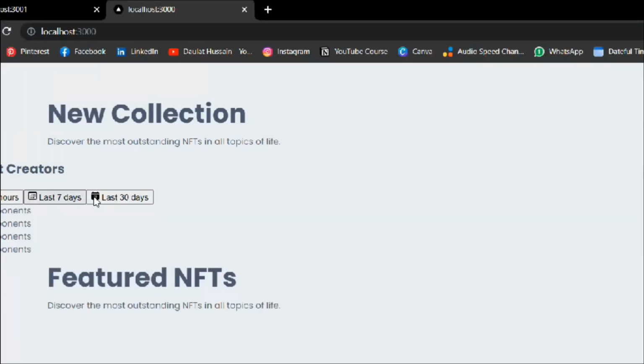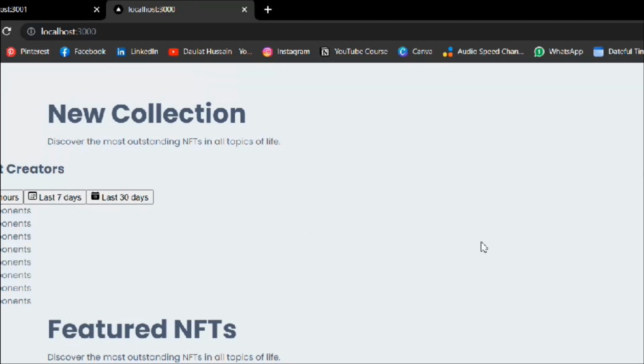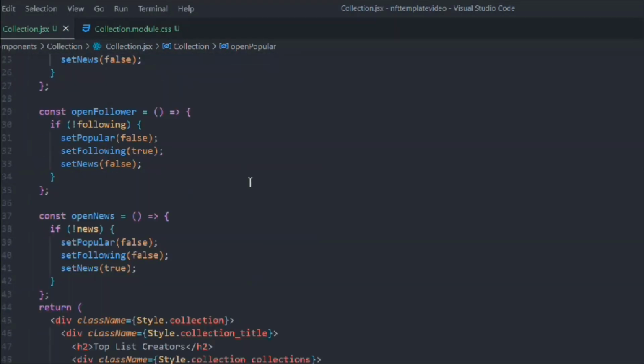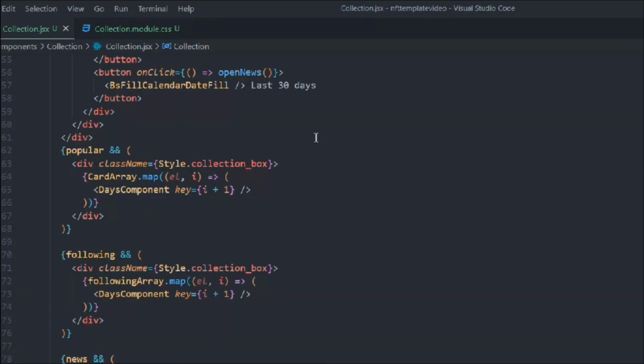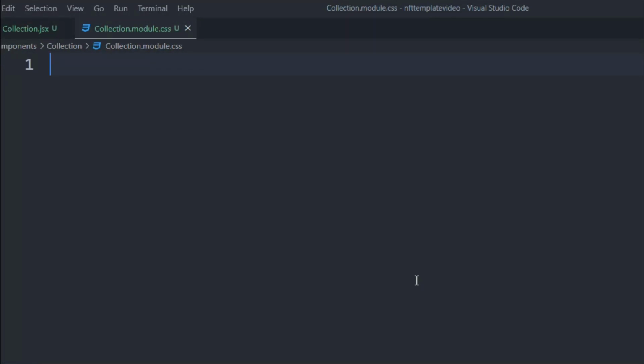Now we can come here and check. You can see this, everything's looking fine, everything's working fine, our tabs. So with this we are done with this entire collection component. Okay, everything's looking good. Now let's come back to the CSS